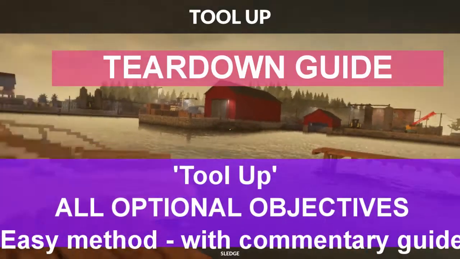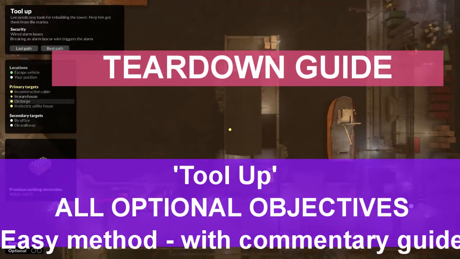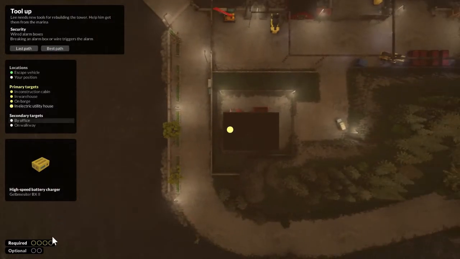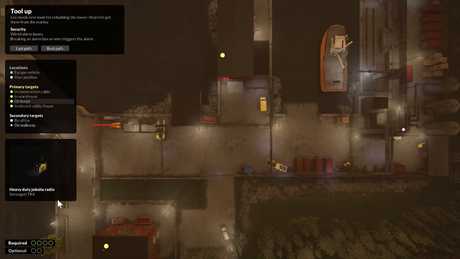Tool Up has got to be one of the most fun ones so far. A little bit of creativity here. I think that if you don't see it initially, then it's actually quite difficult, but there's one big key to doing this. We've got ourselves 4 targets and 4 secondary targets that we need to get to in